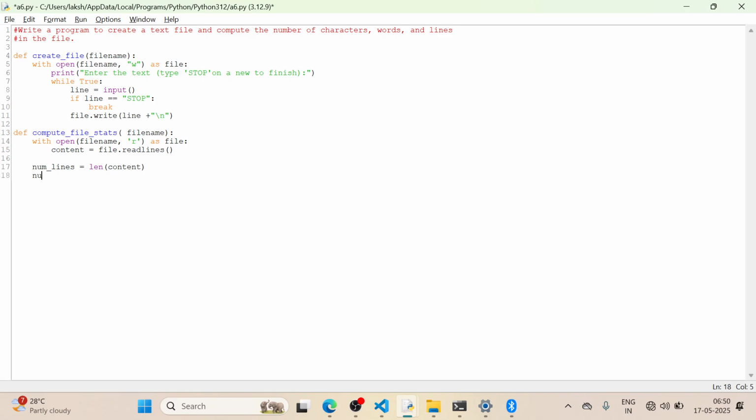Next one is number of words. See, whenever we type, each word is separated by a space. So we are going to make use of it. Number of words is equal to, we use a list comprehension. Let's use a generator expression or generator comprehension. We use length of line.split. Each line we split, and by default it will split by a space. Line.split. A generator expression starts with the bracket. For line in